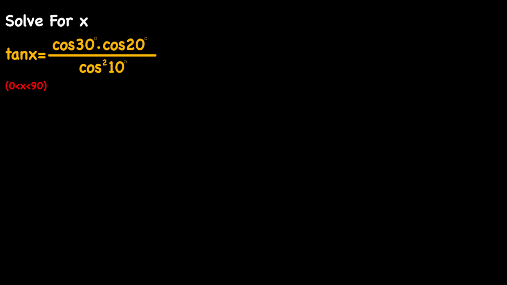Hey there guys, in this video we're going to take a look at a really nice trigonometry problem in which we are given that tangent of x equals cosine of 30 degrees times cosine of 20 degrees divided by cosine squared of 10 degrees. Now we want to solve for x if x lies in the first quadrant,